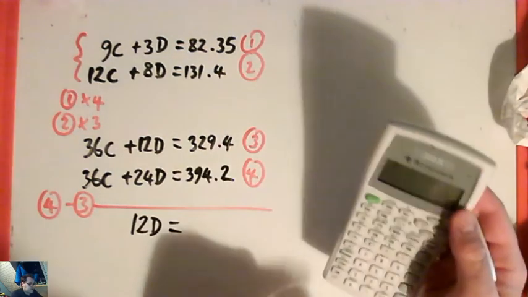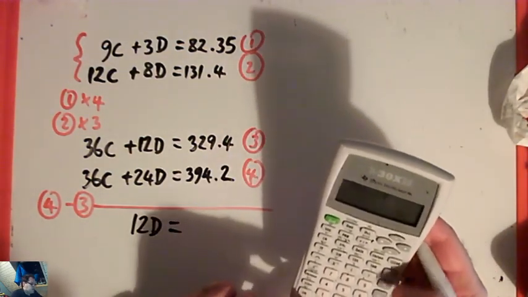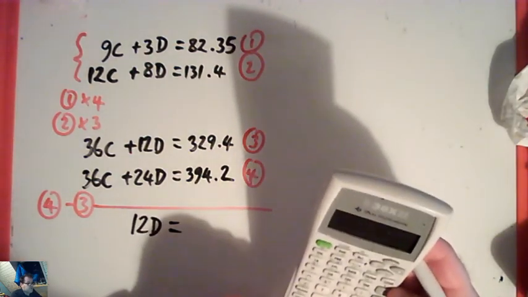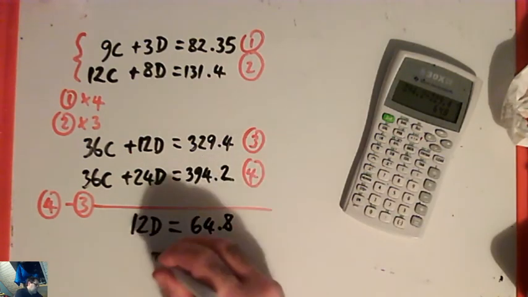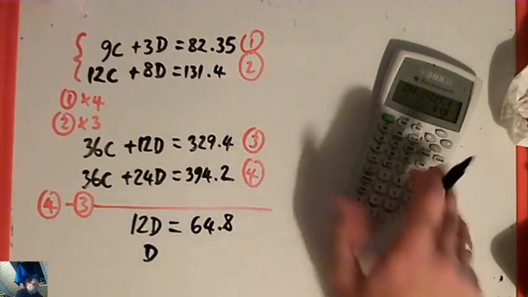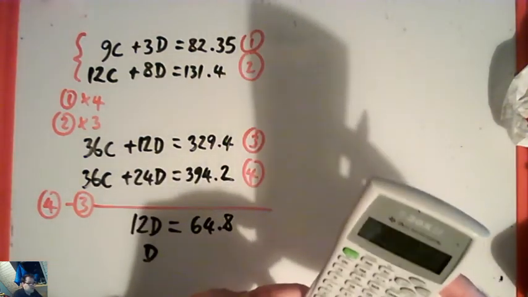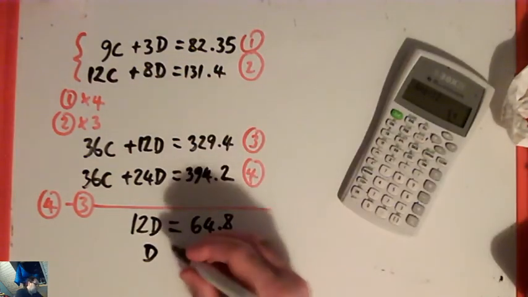I think I'll get the calculator on it. 394.2 minus 329.4, 64.8. So 12d equals 64.8. Divide everything by 12 to find out what a single d is. So divided by 12, d equals